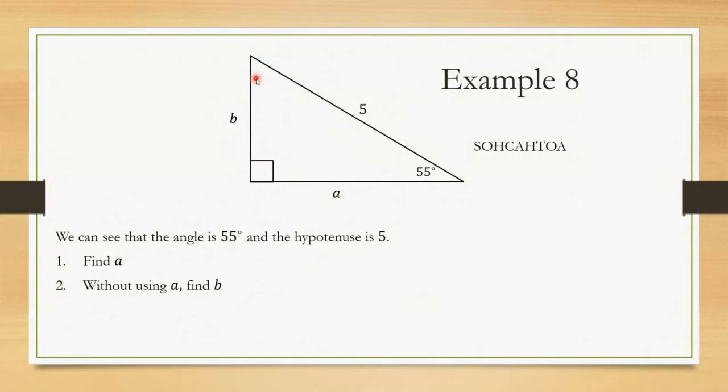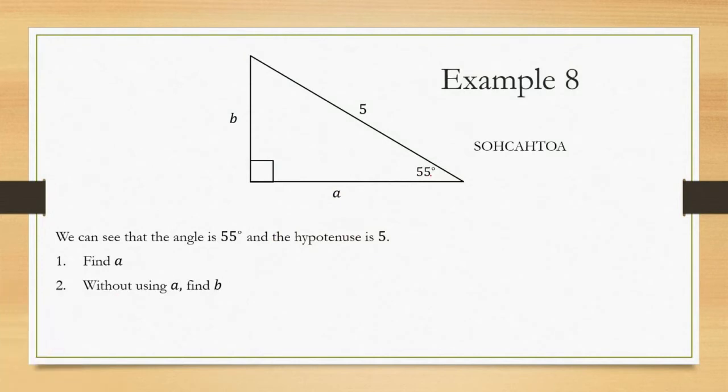If we know the length of one side, in this case we know the hypotenuse is 5, we can use trigonometry to get the length of the two remaining sides. So here, for instance, we're going to use trigonometry to get the length of A, and then without using Pythagorean's theorem, we're going to get the length of B. Remember, the hard part about these is really just trying to figure out which trig function you use. Well, for A, right,